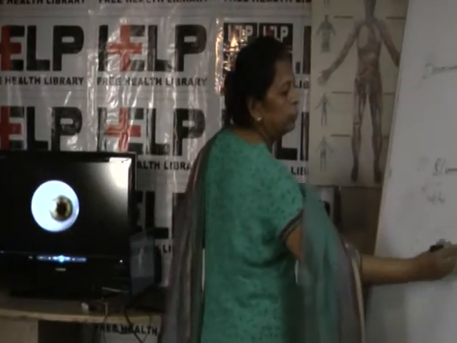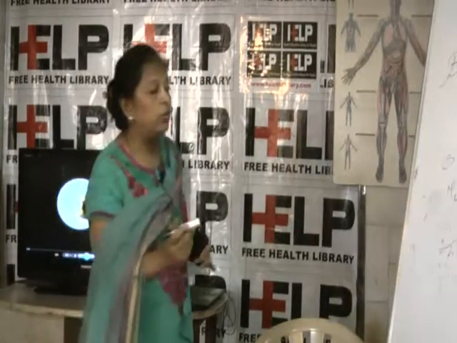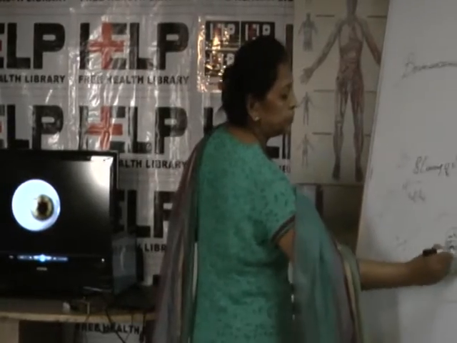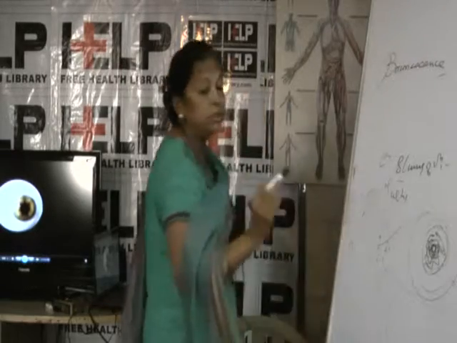Now what are the signs? Signs means what the doctor sees. Normally, in the center of the pupil, he will see black because it's transparent. But instead of that he will see a greyish white color. Depending upon the maturity, he will see either a much whiter or a greyish white color. This is only a part of the lens seen, so you have to dilate the pupil and see properly where the cataract is. With a big pupil, you will see exactly the cataract under the slit lamp examination.